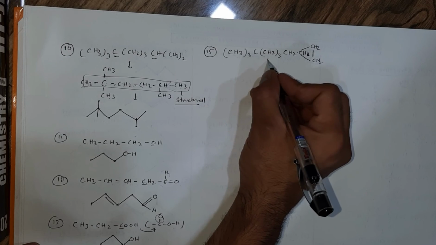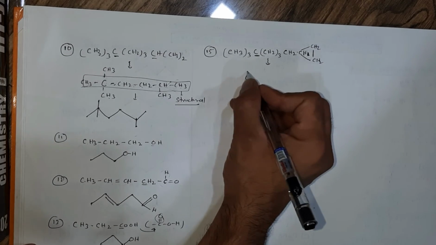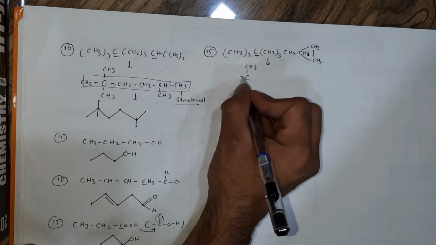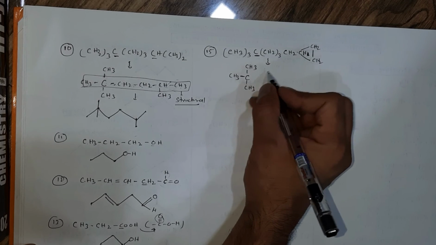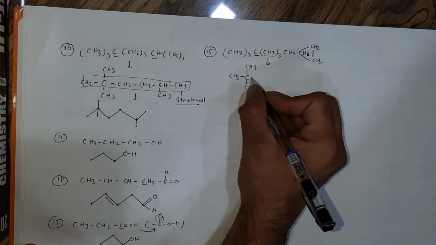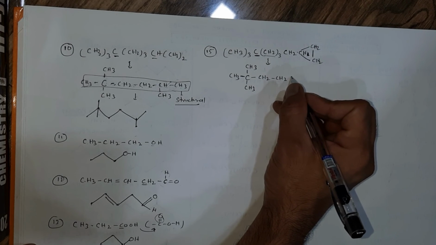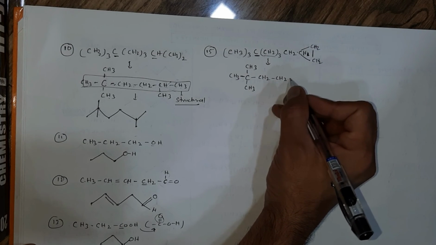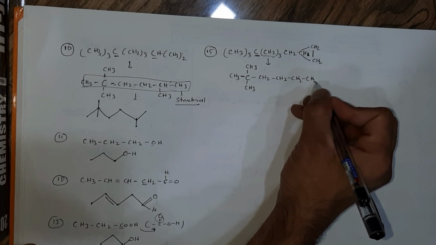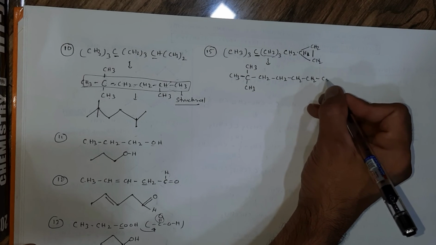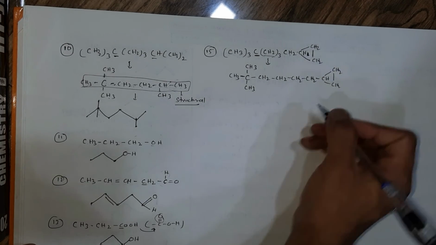अब इसको पहले मैं convert this into a structural formula. See the branch here. C attached to CH3, CH3, CH3. Structural formula में convert करो पहले. Then 3 CH2 in a row. तो CH2, CH2. Okay. Then again a CH2, 3. Then again a CH2, 4. Now this CH2 is attached to CH. CH is attached to what? CH2, CH2 and a cyclic.